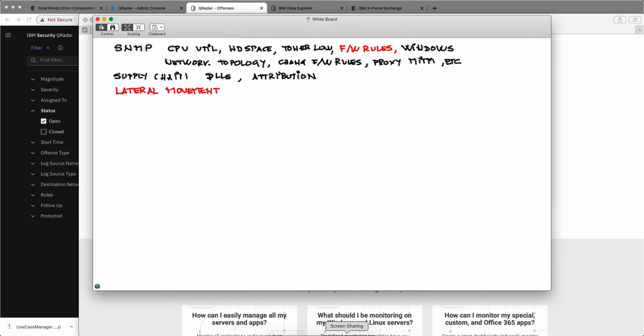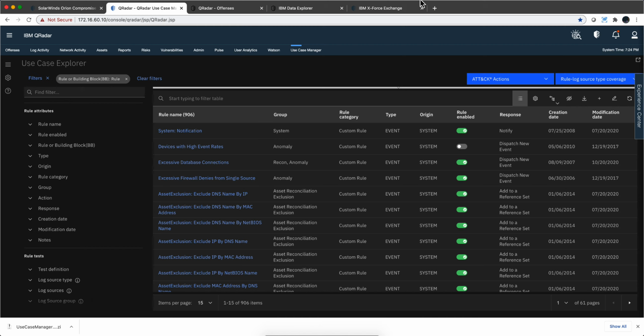How can Curator help? Well, I don't know if you've seen my videos, but I have spoken very highly of an application called Use Case Manager. I really love this application. So let's actually use, in my demo system, the Use Case Manager to find rules in Curator that deal with lateral movement, that help me locate lateral movement. Let's actually do that. So I'm here in my Use Case Manager,